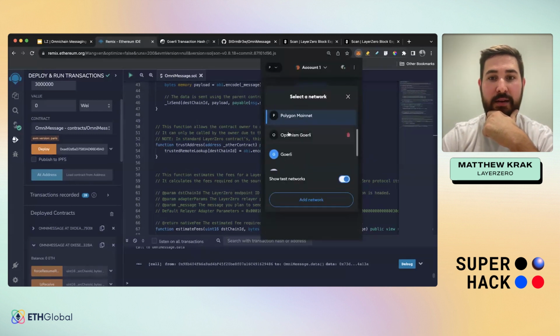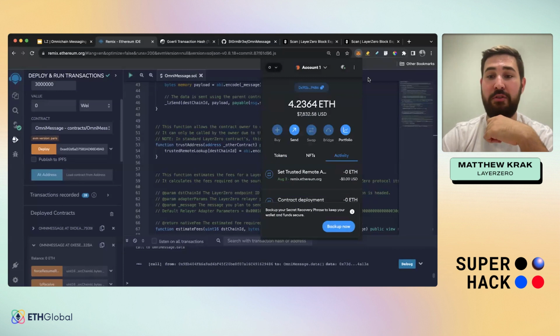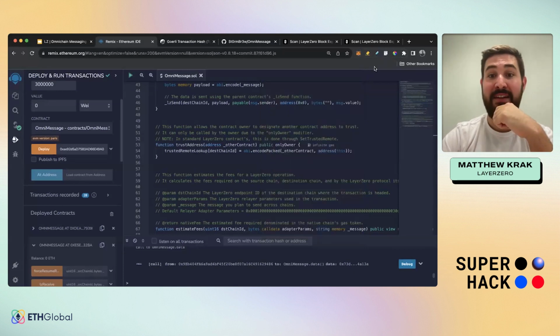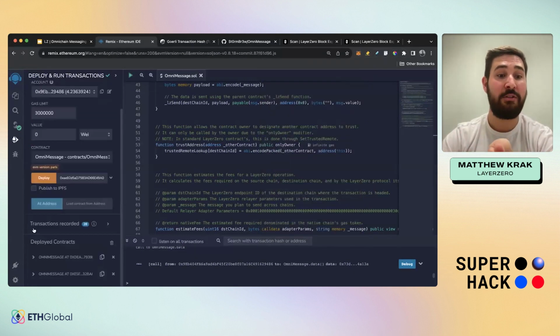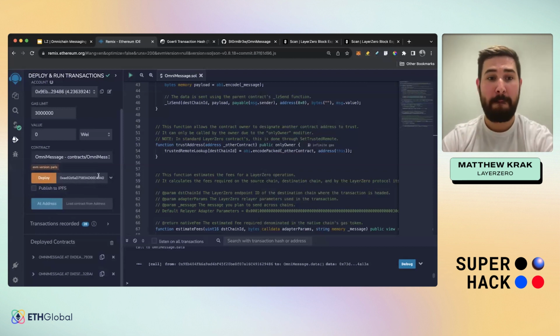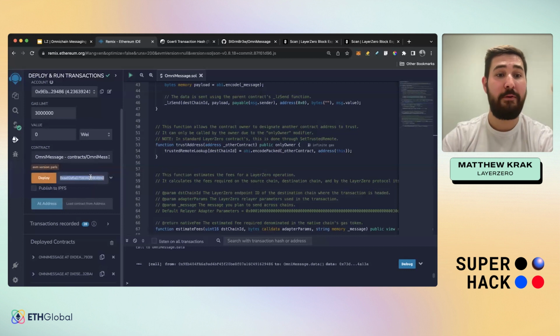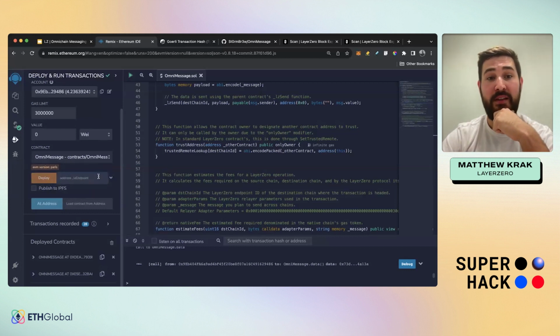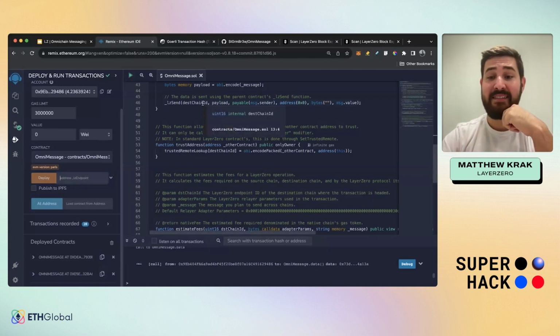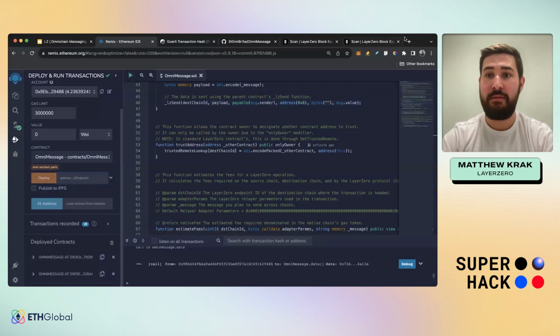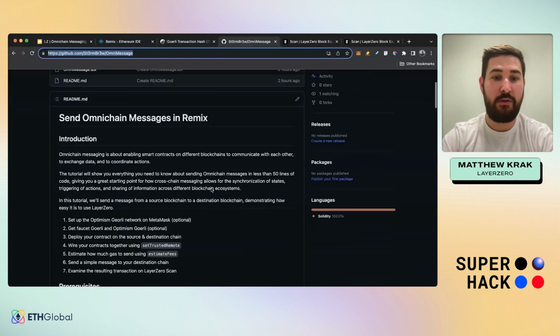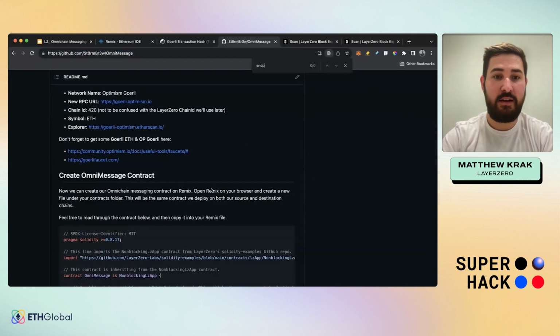Yeah, the way you would go about deploying to a 3rd or 4th chain is basically following this exact same process I outlined. So you would deploy again another version of the Omni message contract. You would input for the LayerZero endpoint our endpoint addresses that live on that chain you're deploying from. So if it was, for example, Base, if you wanted to, you would go in, and you can actually find this within our repo here. I've listed, I believe,